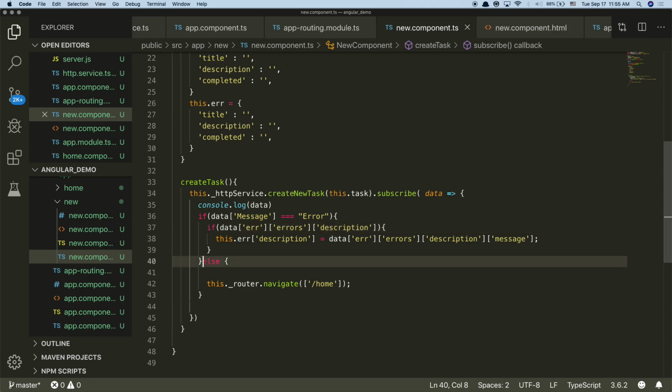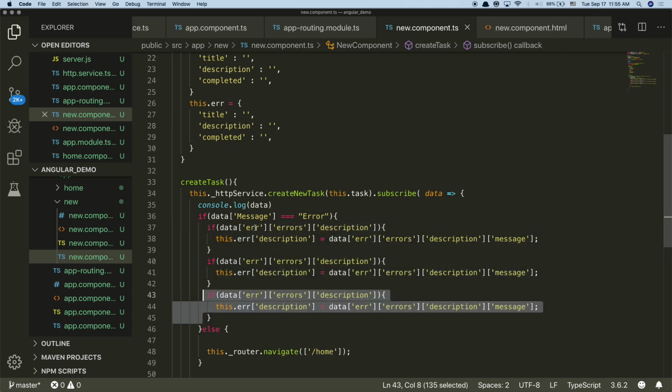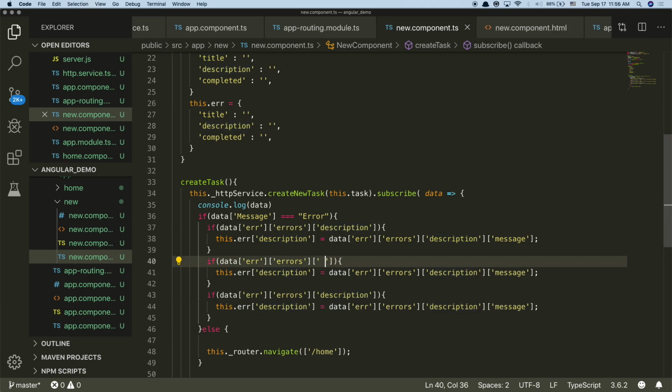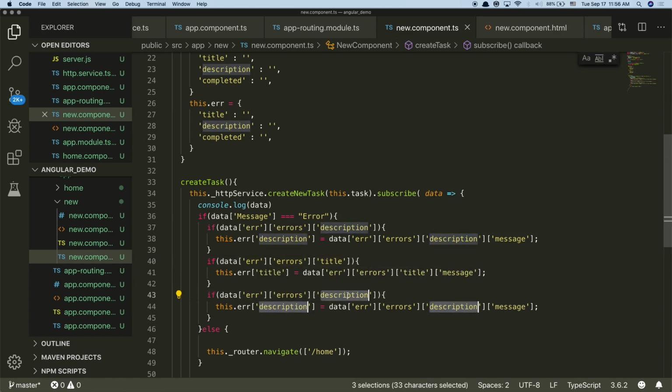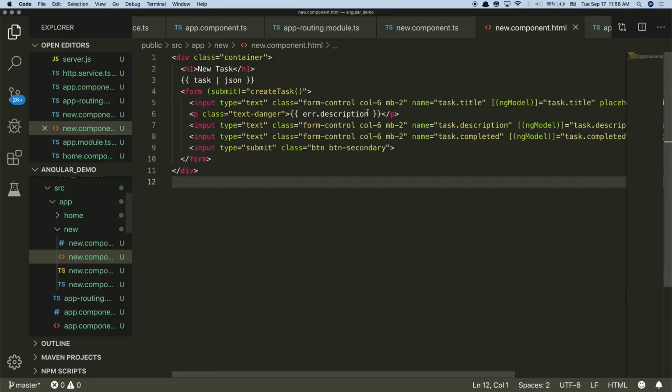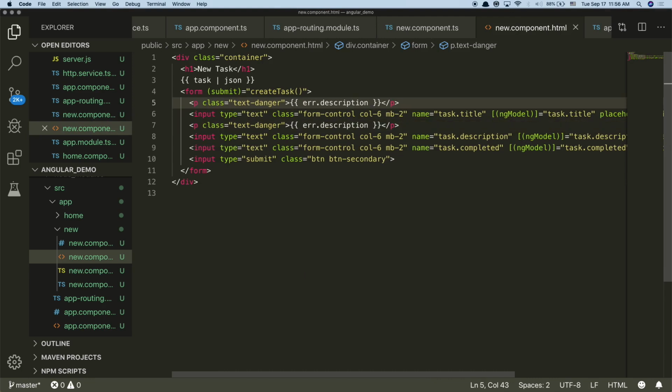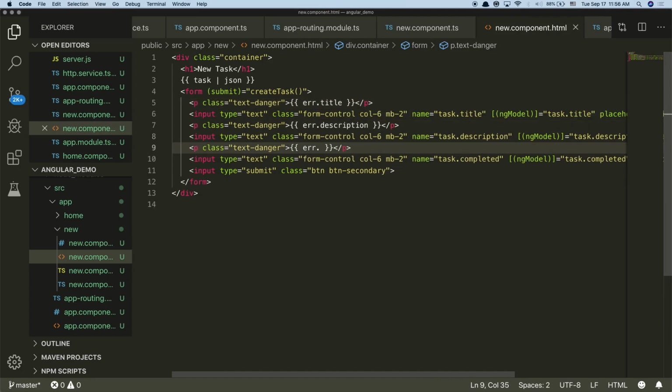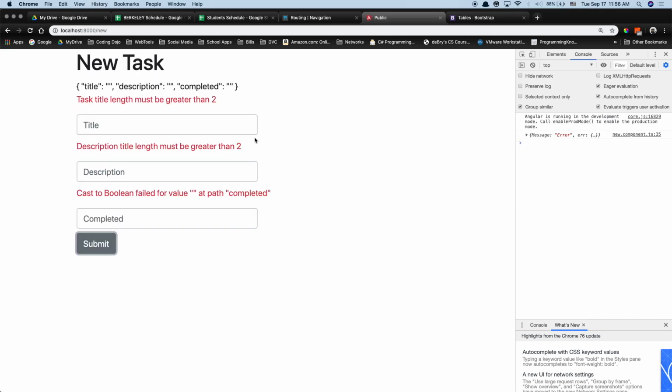Right? So one for the description, title, and then completed. Okay, and then inside of the new component, we got to do the same thing for title, and then also for completed. Okay, refresh, test it again, and there's all three. Okay, cool. So now if I just do one,